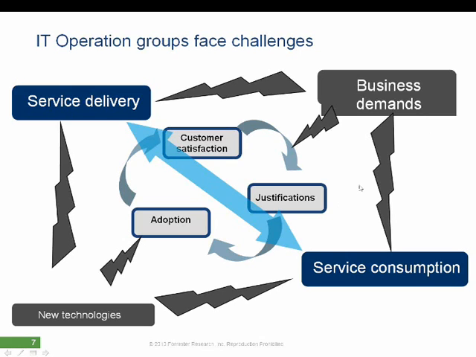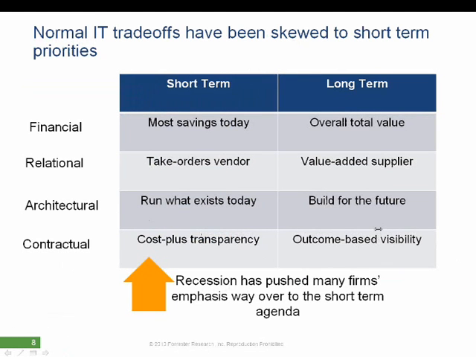Because of this, in this next slide, in the normal IT trade-offs, we have seen a tremendous skew to short-term priority from previously, when we were in a good business economic situation, a long-term one. So today, instead of looking at overall total value when we look at the financials of projects, IT is looking at what the cost savings are for me today. If we think of relational activities, we don't necessarily look at the value-added suppliers. We actually look at order-taker vendors and